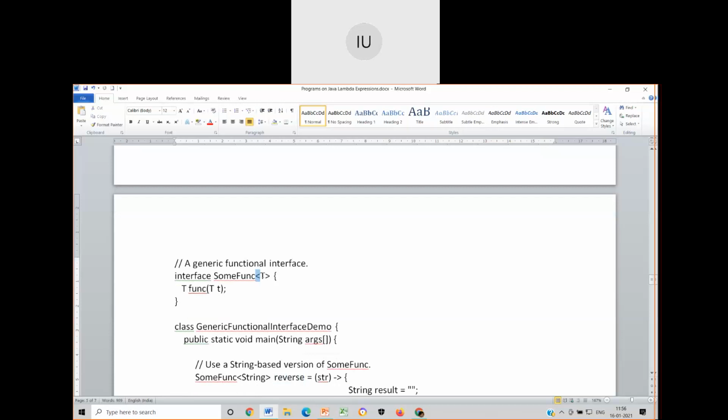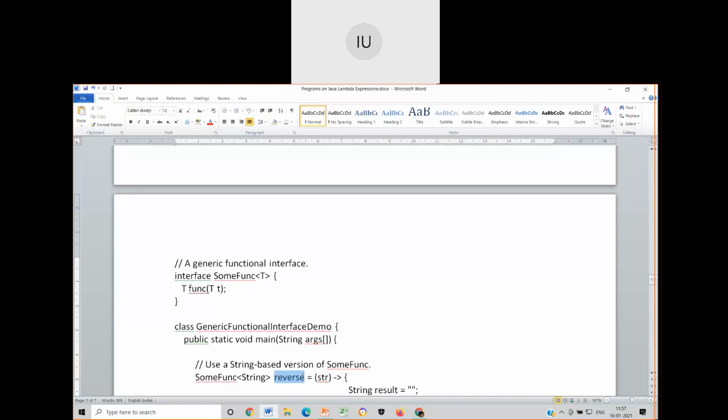And since I'm writing it as a generic interface, here I have written in between the pair of angular brackets the data type with which you want to write the functional part of the lambda expression. Ajay, I think you had asked me about this data type conversion. This is how you have to do it only when you define the interface as a generic interface. When the interface itself is declared as a generic interface, only then this typecasting is allowed. Now, this indicates what?